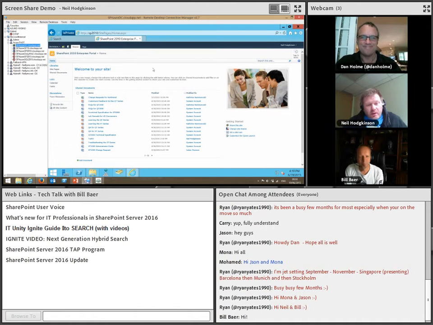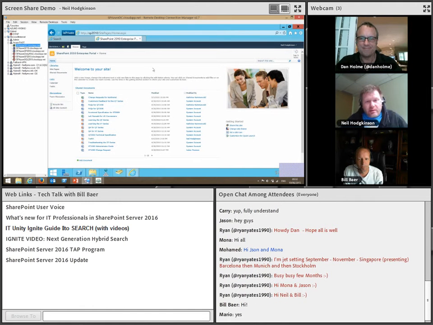Okay, cool. So let me start by taking this one step further than just thinking about simple hybrid search or query federation scenarios. I'm going to show you the architecture of the demo in a few minutes. But what I want to point out here is that these new features enable a whole new set of scenarios, not just SharePoint vNext, as in 2016, integration with Office 365, not just SharePoint 2013 integration with Office 365, but we've actually overcome some issues and now can offer